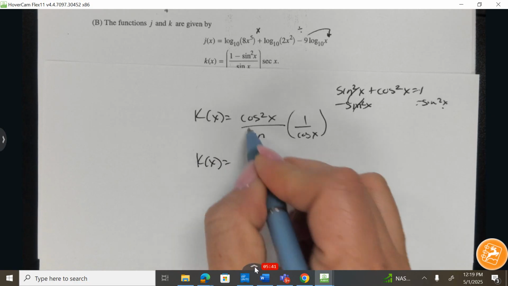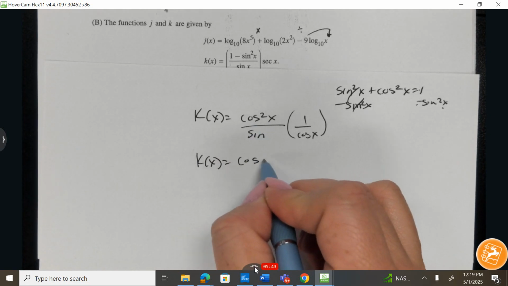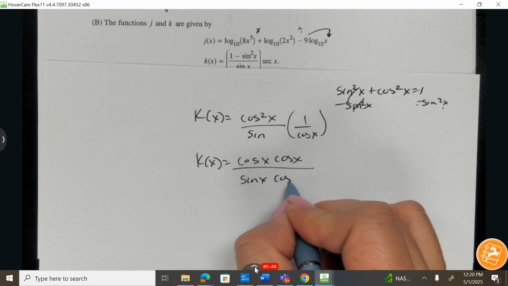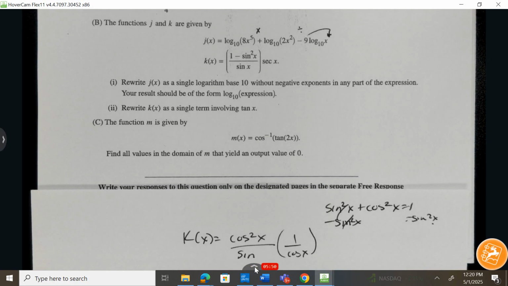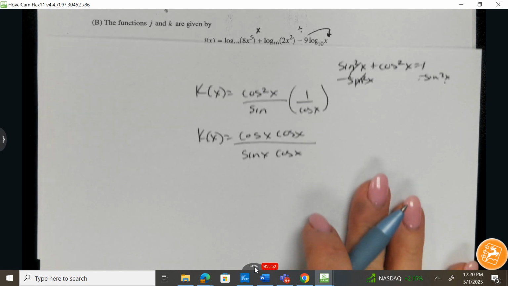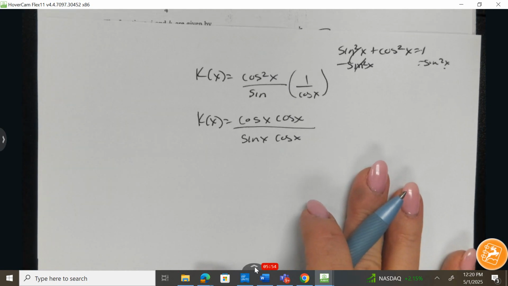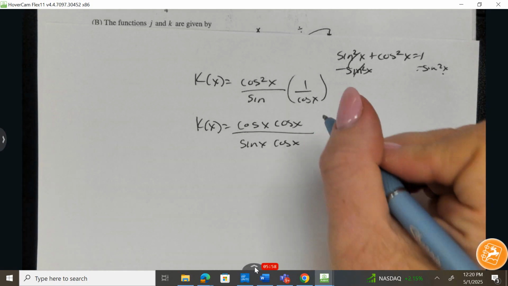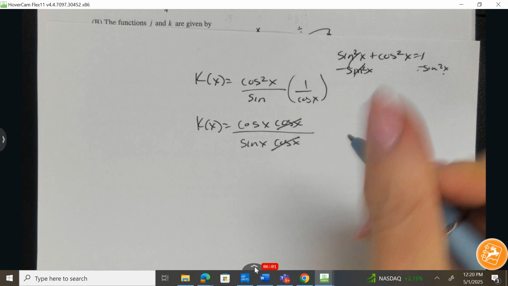Remember to show all of your steps. I recognize that cosine squared is cosine of x times cosine of x. And I have sine of x times cosine of x. What do I want to write this as? I want to write this in terms of tangent. Okay, now I'm able to do a canceling,